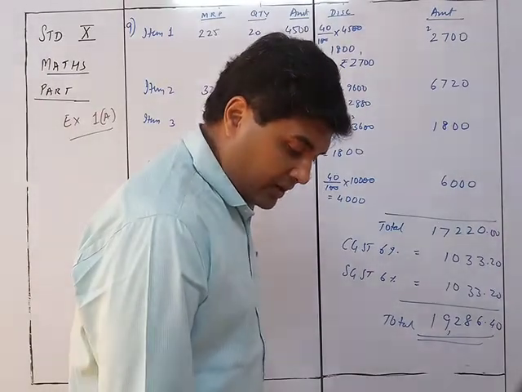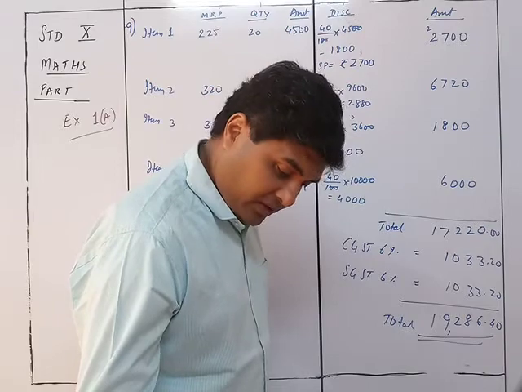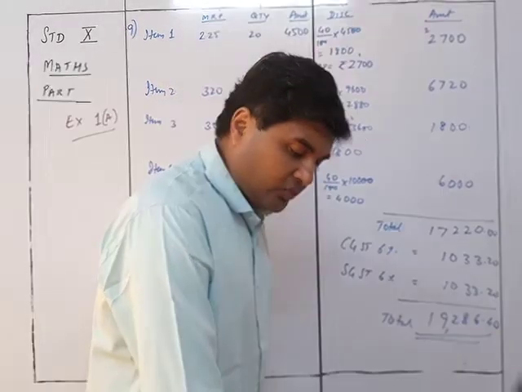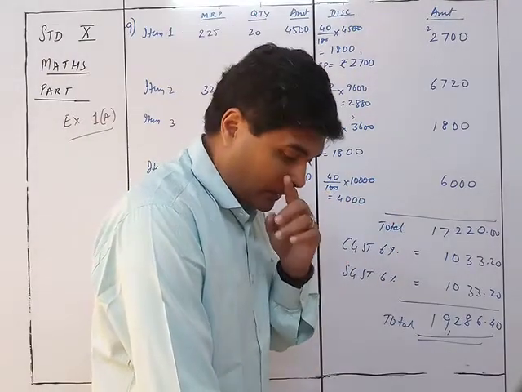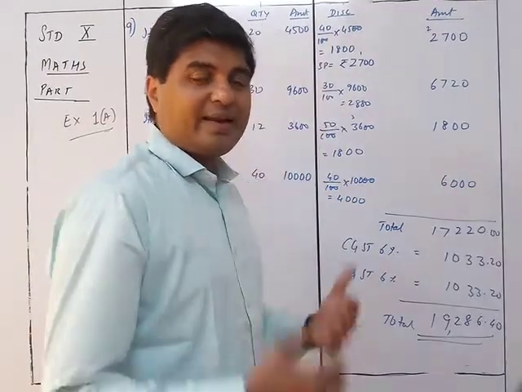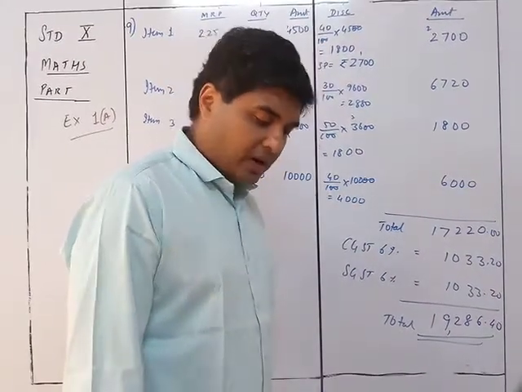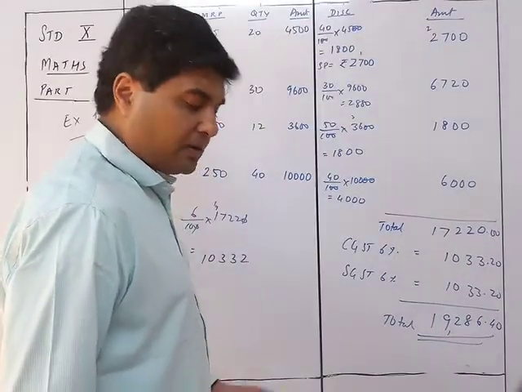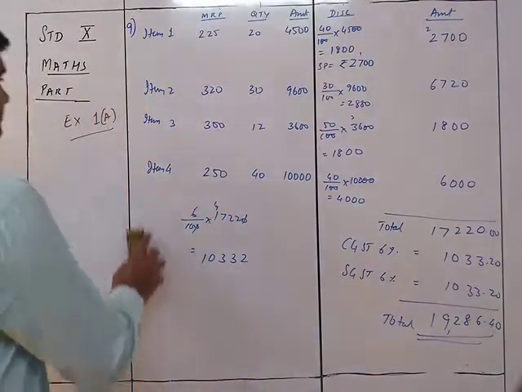So here they have not mentioned anything about the transaction, whether it is within the state or outside the state. So we will consider it to be outside the state so that we are getting one tax directly. So the GST is 12%, so I can take it as IGST directly. Anyway, what we want is just the bill amount. So GST, whether we take it separately or not, it's not going to make much difference.